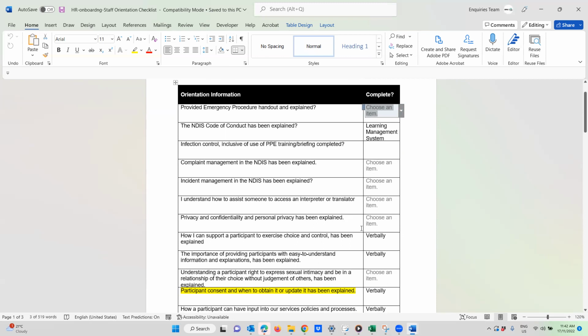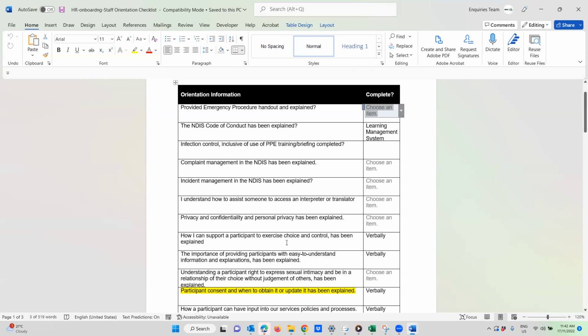Privacy and confidentiality. Do they know what it means? A good example: you have another employer and you talk about Johnny that you were working with and how Johnny XYZ. No, we don't do that. So we have to explain that. They can sign that privacy and confidentiality form that you give them, but do they understand it? That's the most important part. So the orientation should be as important as the onboarding.